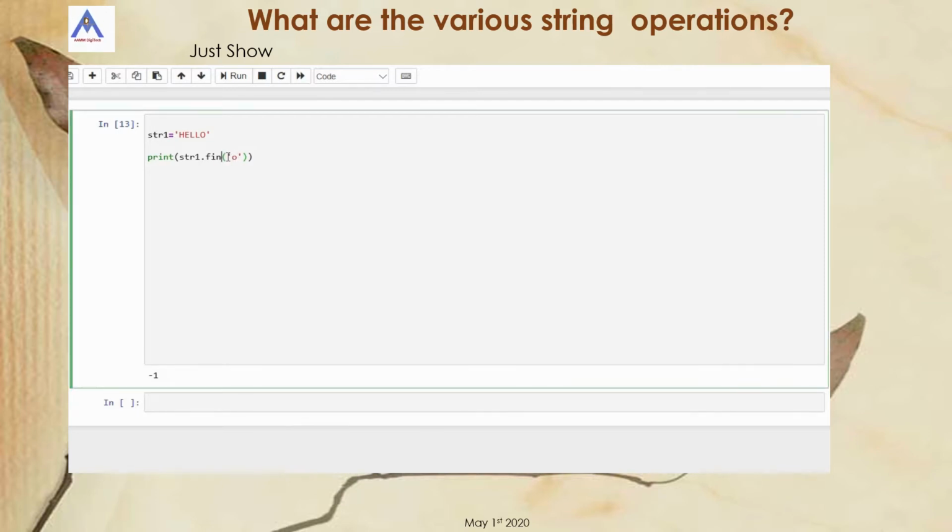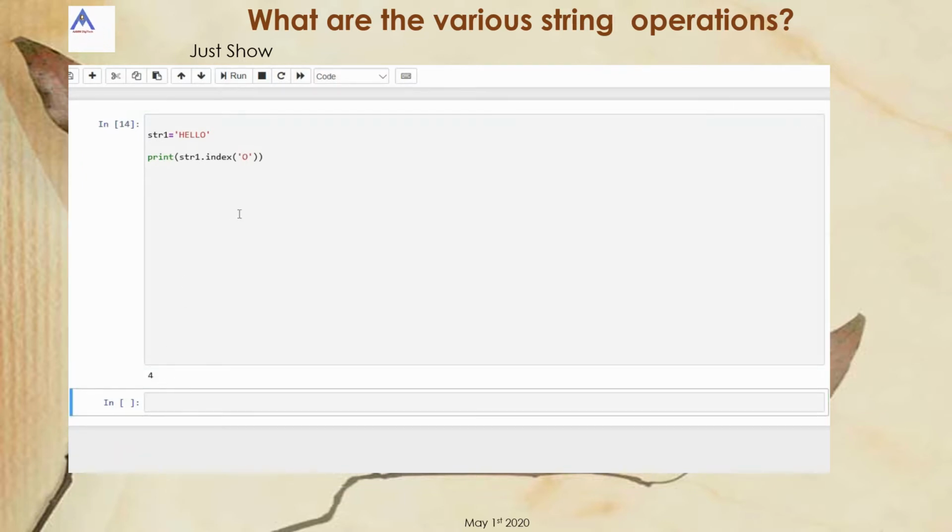But with index, if you give the correct capital O, it will show you that it is there, at the 4th location. So what is the difference between index and find? Operation-wise, both are the same. Only the performance or speed may differ, which you have to check.